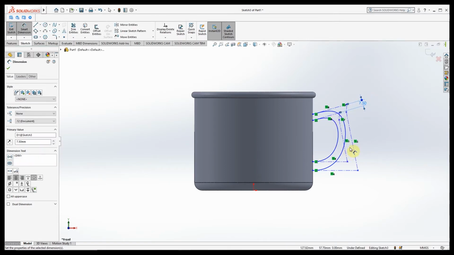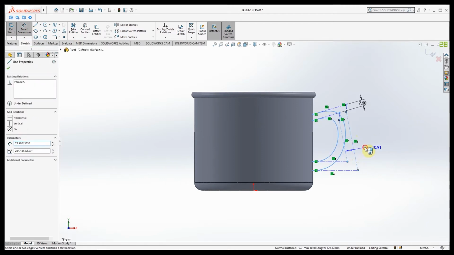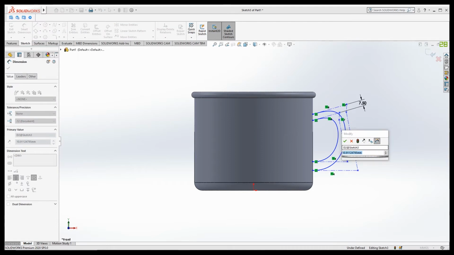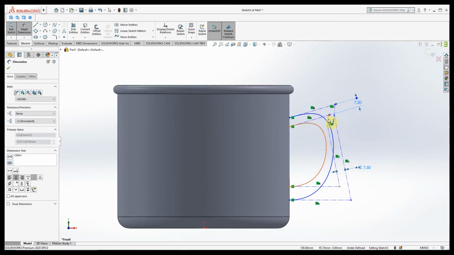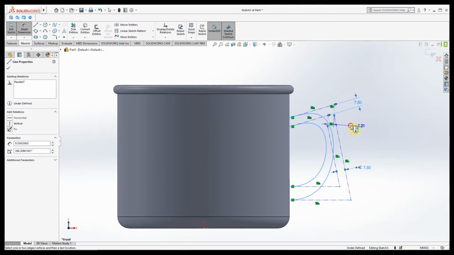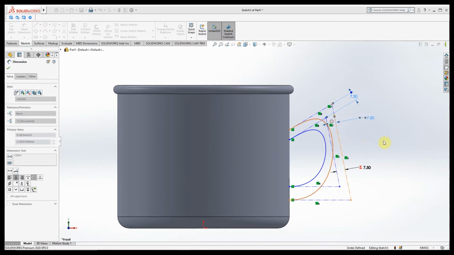So give dimension 7.5, whatever the thickness we gave in the beginning in the revolve option, right? So 7.5, that only we need to give here. Make it equal and select the first dimension. So we need to give the formula there, and here also you need to give equal to the first dimension.